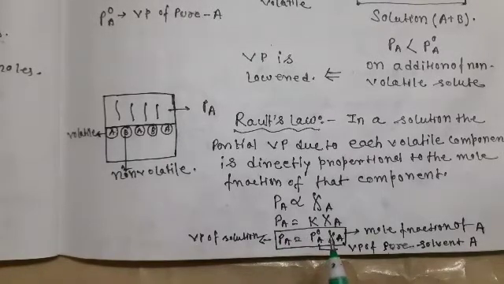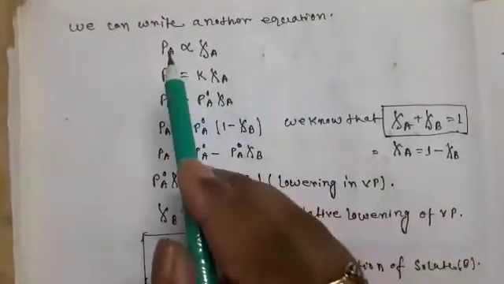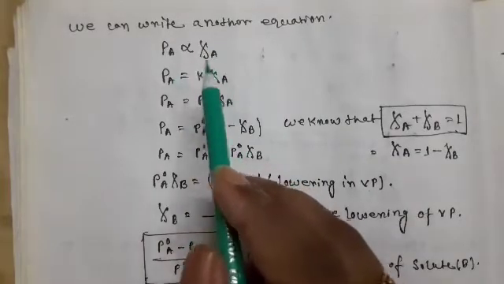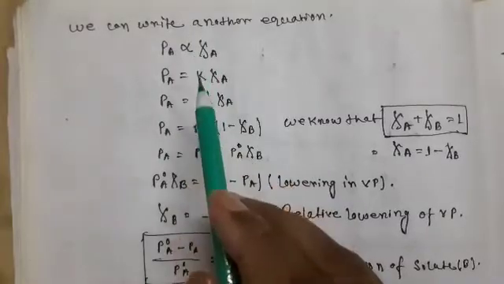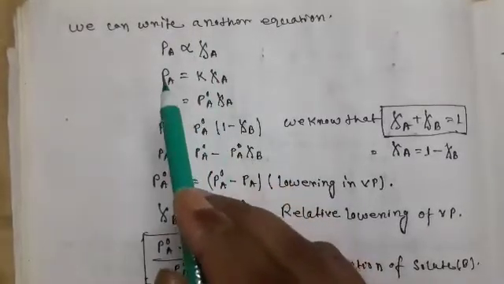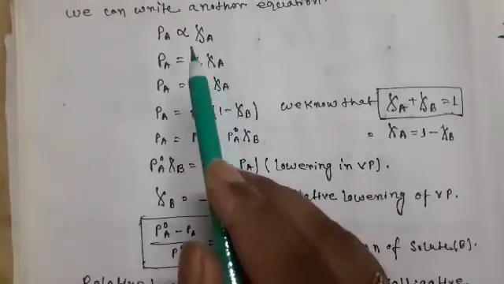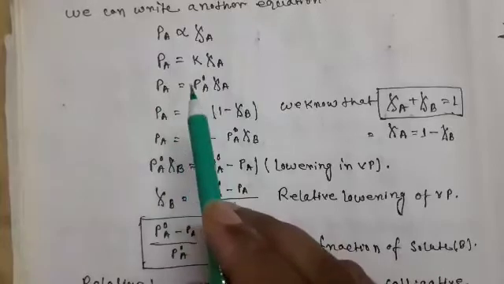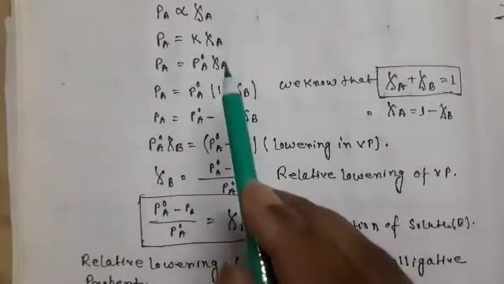That is an important equation. Student, remember this equation. Now student, we can write another equation. Pa is directly proportional to the mole fraction of A, that is Raoult's law. Here the proportional sign is eliminated by a constant, that is K, so Pa is equal to K zeta A. Then we know the value of K is P naught A. Now Pa is equal to P naught A zeta A. Here zeta A